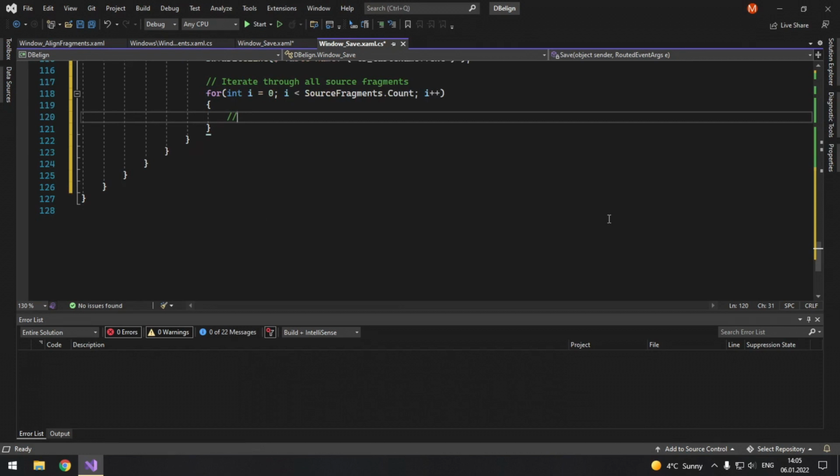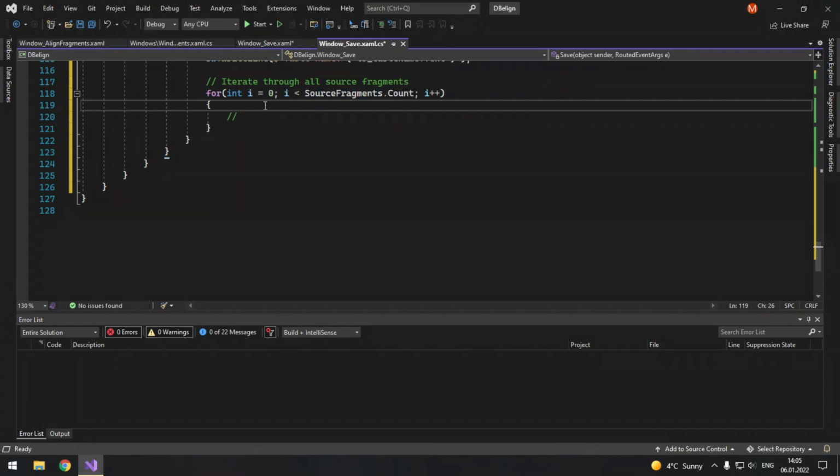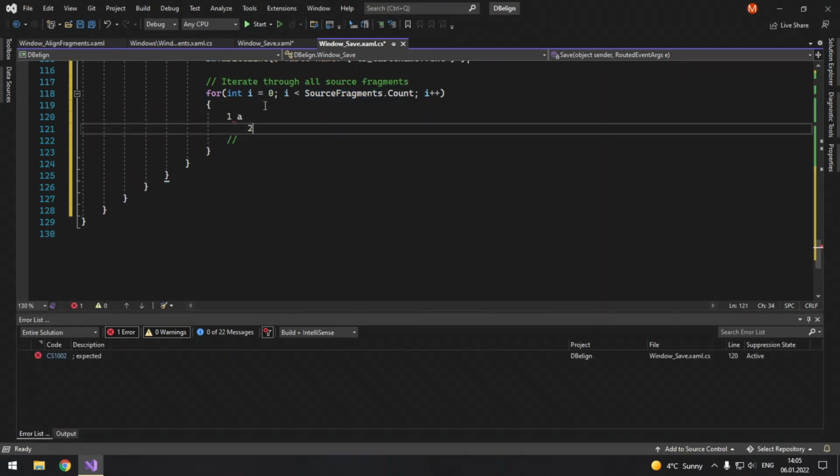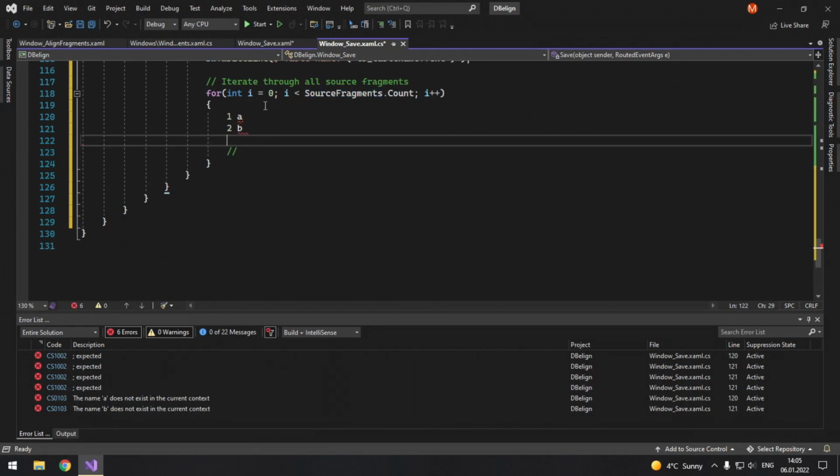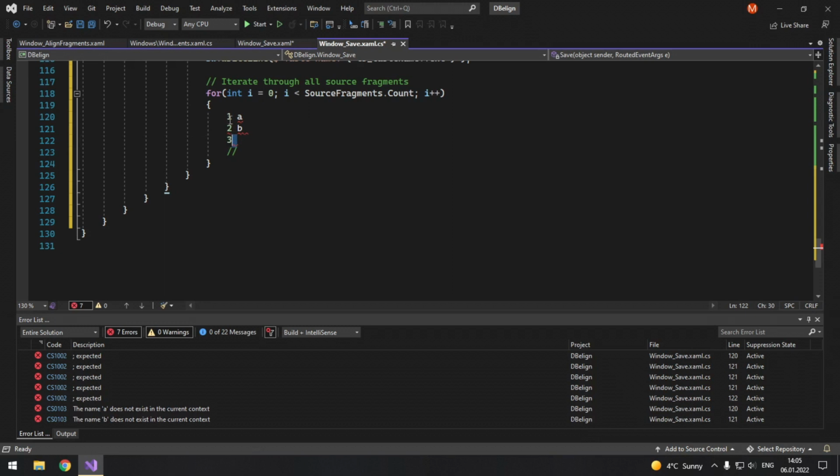So first column and second column. Actually, we can have different numbers of source fragments and target fragments, and as I said before, source fragments will be more important, so we iterate through them. But of course, if you have 1a, then 2b, and then you have 3 but no c, so no value here, you will want to have these values separate.